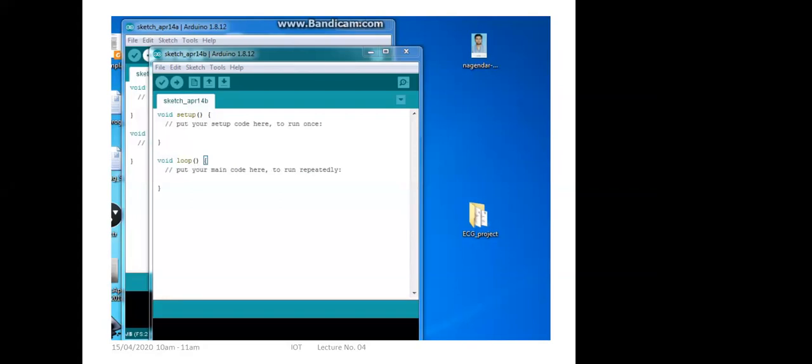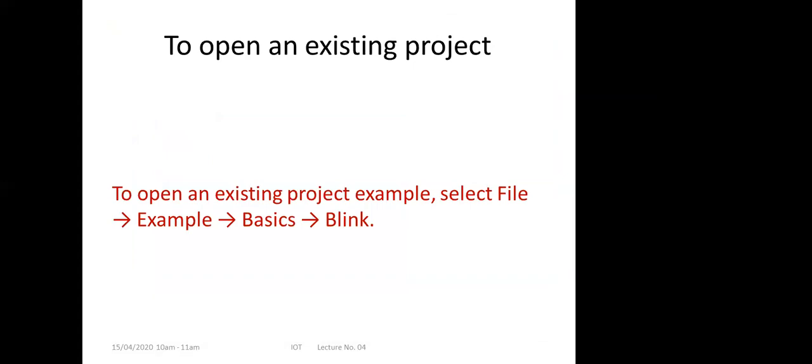So we can get all these things in GitHub, right? There we can get all these things. In due course I'll let you know all those things also: how to select a particular library, how to make it work for your particular task. Each and everything, I'll let you know, in due course. Then how to open an existing project.